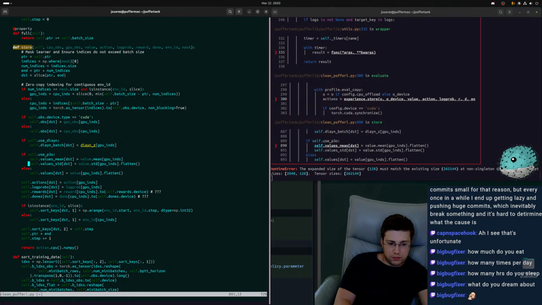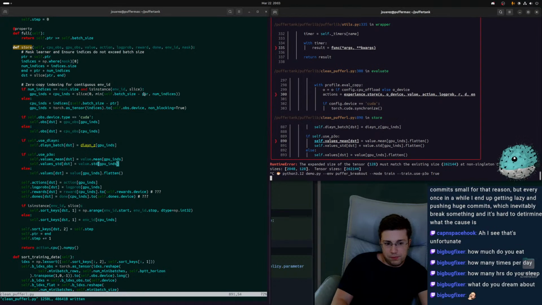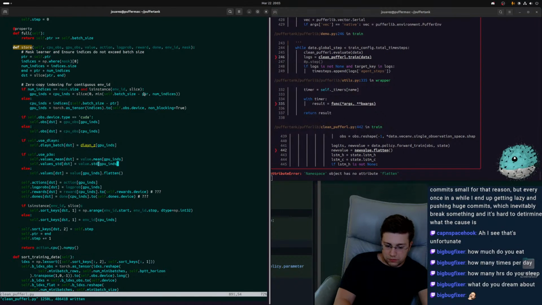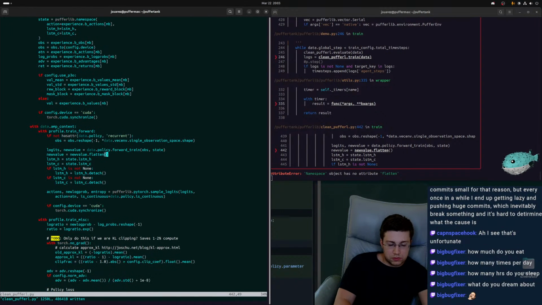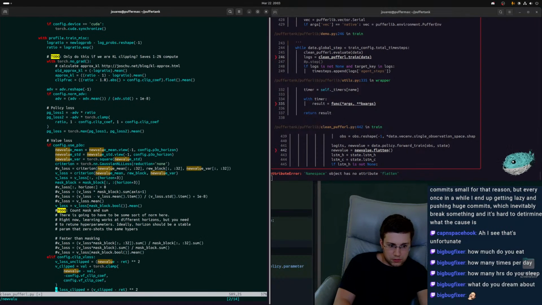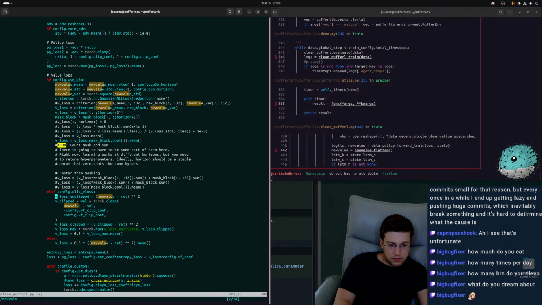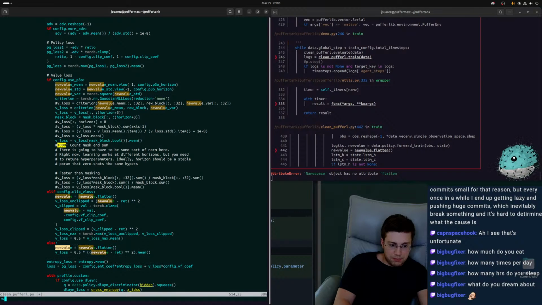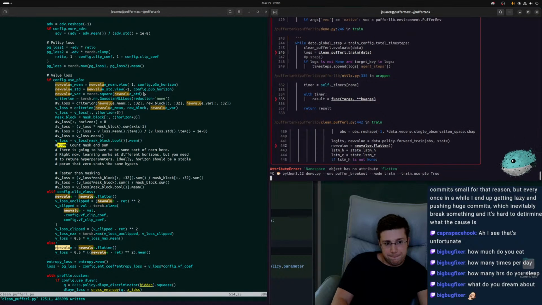Oh yeah, these don't get flattened, right? Yeah, it's this. Yeah, this is why I screwed it up, because it has to go like that.